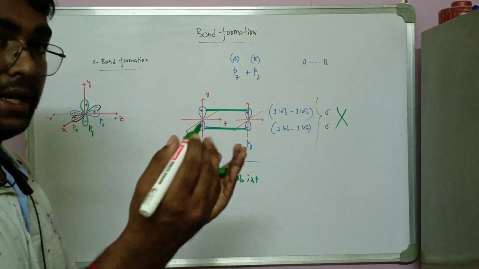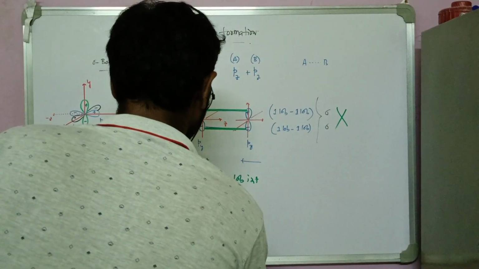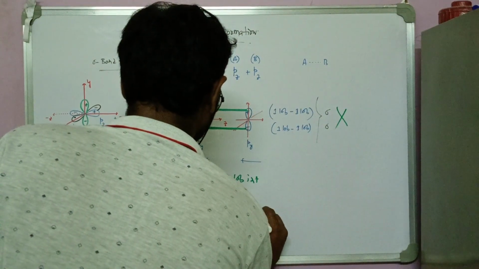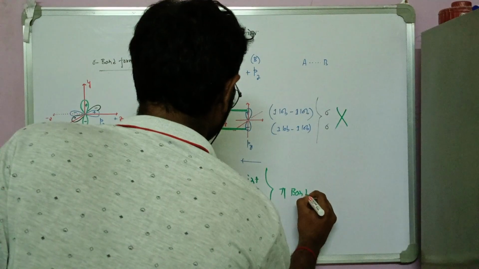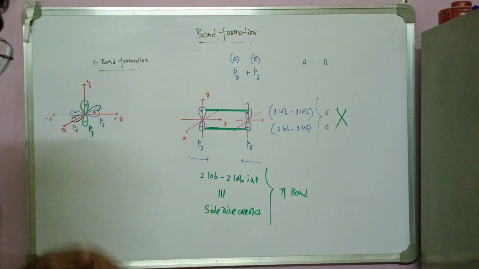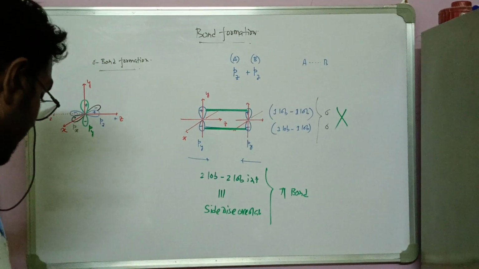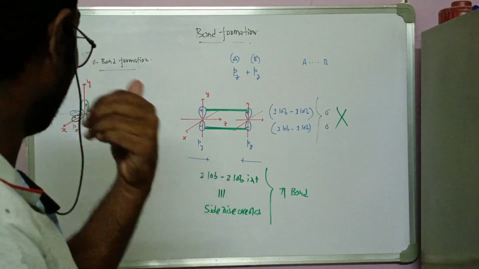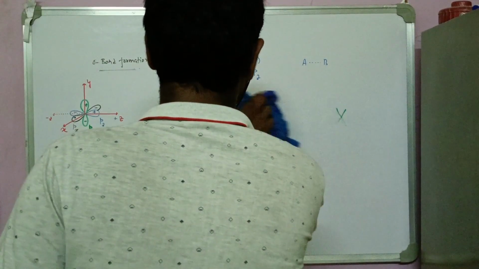So ideally, if you know the concept, you will say there is two lobe interaction, and if you can visualize it, it is a kind of sidewise overlap as well. So this is a sidewise overlap and it will form the pi bond. Okay, so pz is forming sigma, py is forming pi. Similarly, px will also form pi. But what about the px and py? Let's discuss about the